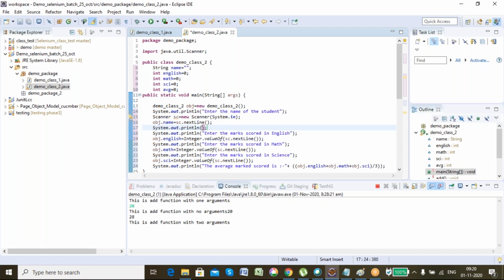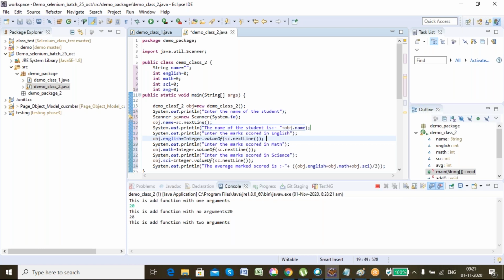I can print the name which I'm taking as input: the name of the student is. What does sc.nextLine return me? sc.nextLine returns a string value which it has taken from the keyboard as input.